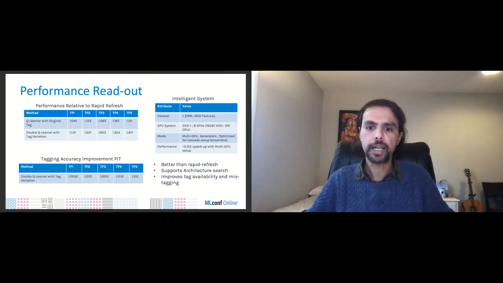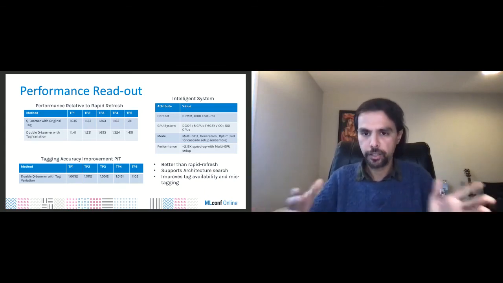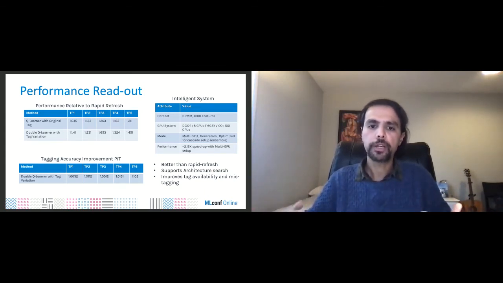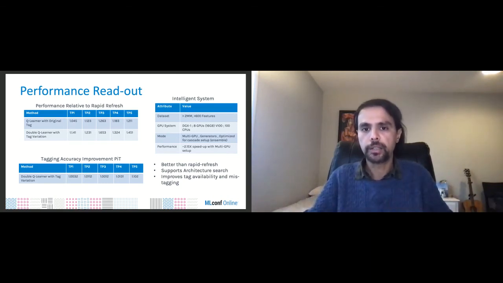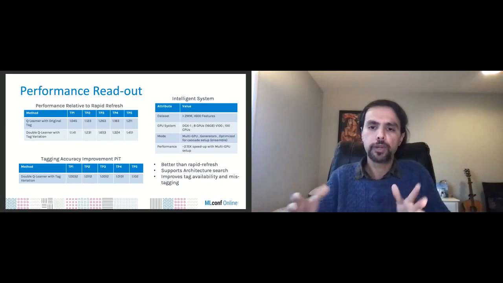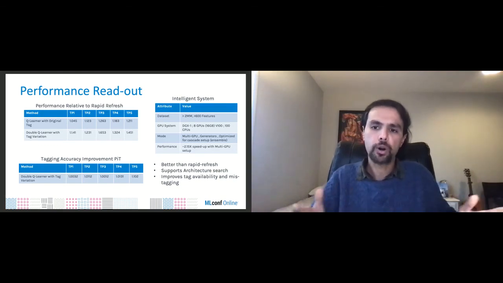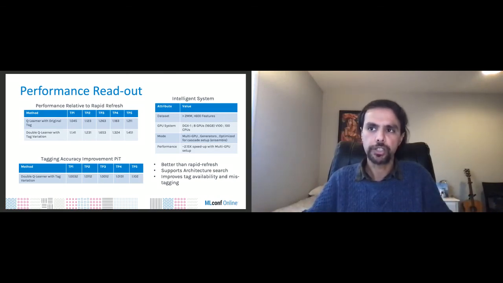And then lastly, we also were able to improve tag accuracy at a point in time, with double Q-learner and tag variation being higher when we had point-in-time tag definitions that were compared. We also were able to use this architecture for rectifying mistagging. As I identified earlier, sometimes one transaction could be mislabeled as another. If you have the original mistagging information available, you could provide that to the RL context ahead of time, so it starts to act as a tag learner while also rectifying these tagging inconsistencies.